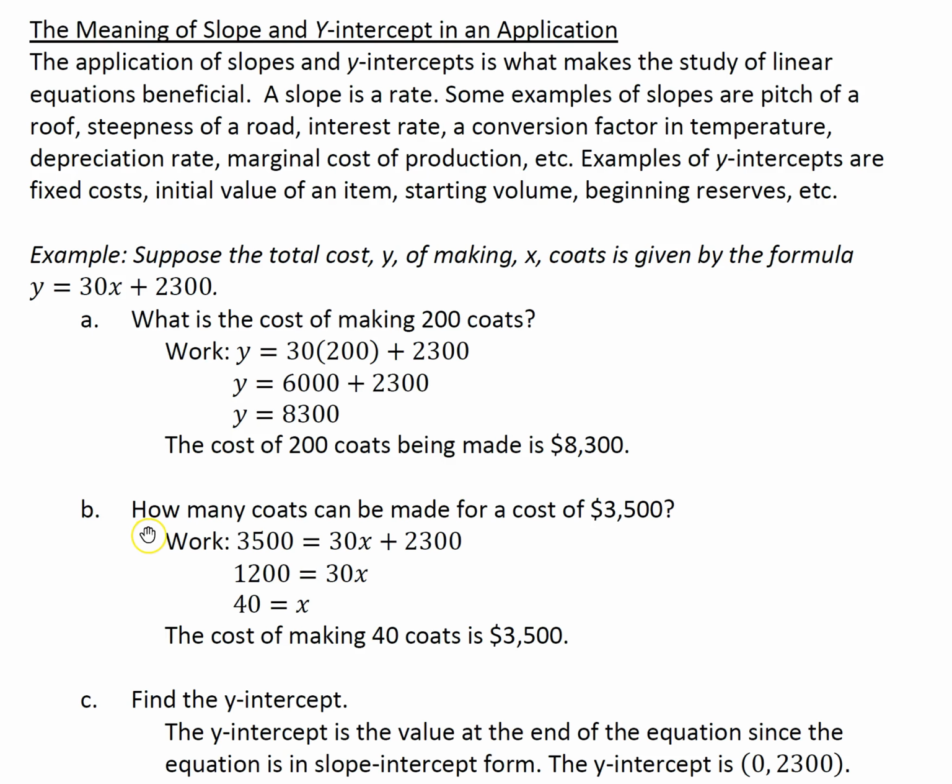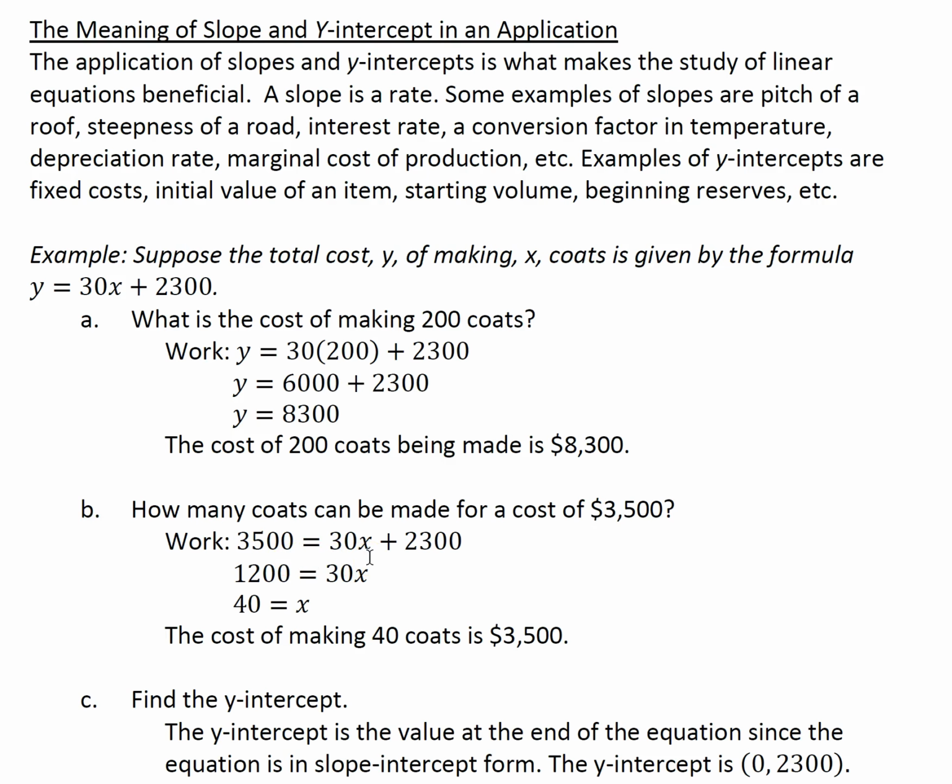Next question. How many coats can be made for a cost of $3,500? So in this question, we've been given the total cost. The total cost is $3,500, so that's our y value. We substitute $3,500 into the y variable in the equation, and this time we have the variable x that we're